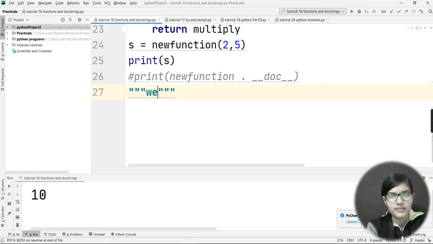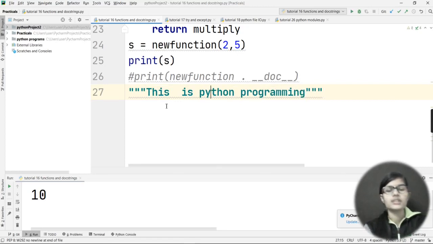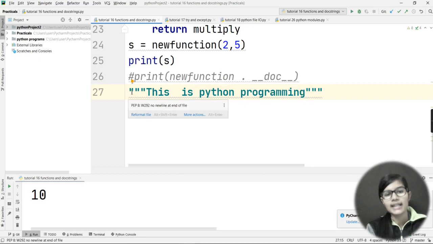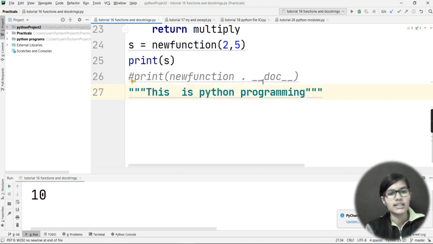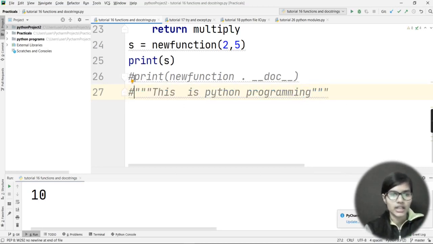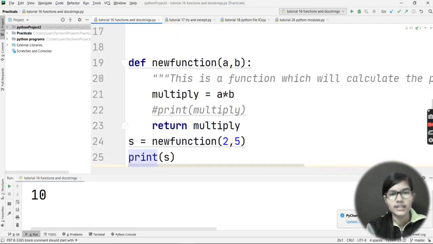Let's say I write, okay, this is Python programming. So I wrote this is Python programming inside these quotation marks. Okay, so this is how we declare a docstring, and this is how we write a docstring. Now let me comment it out, because I haven't written this inside my function, and here I had written a